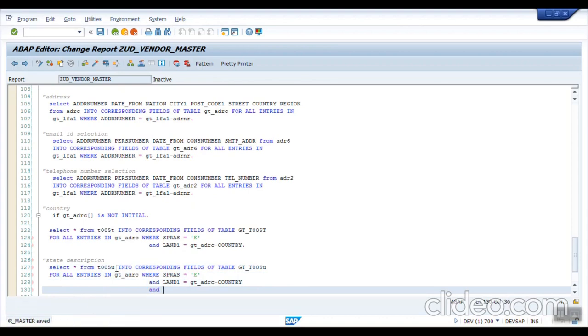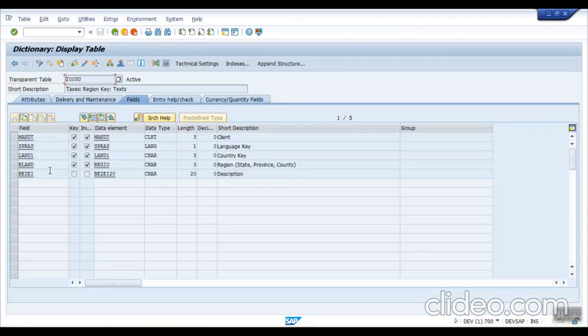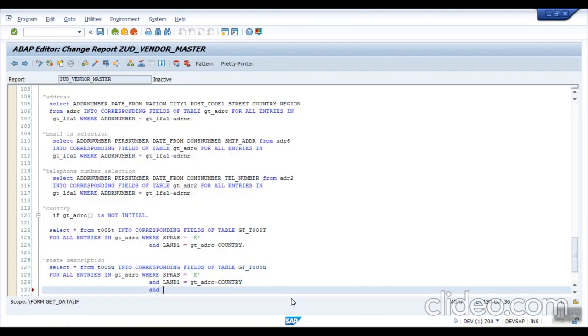Okay, which field is there for region? Double click here. We want to pass the region in the BLAND field. Here my region equal to GT_ADRC, that is regio. Save, check and activate. So no error.